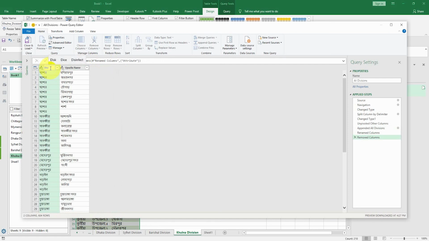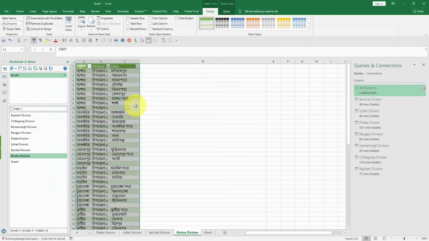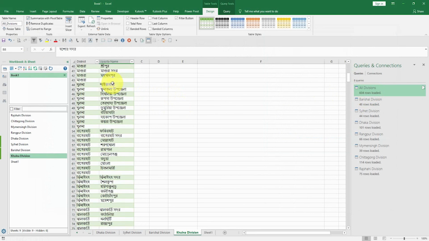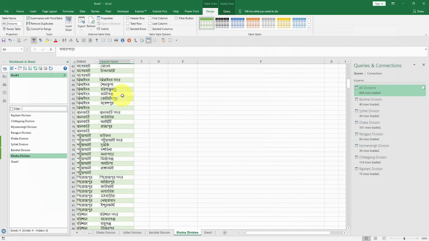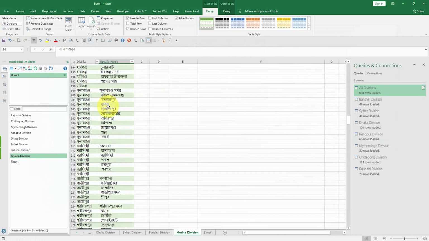Then I am removing the unnecessary column. Next, I have to load it again to our Excel sheet. Finally, here we can see our customized table.